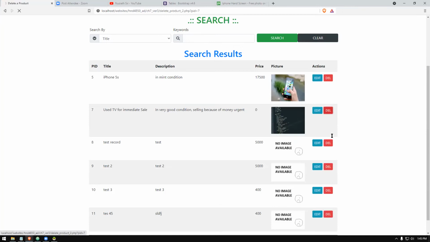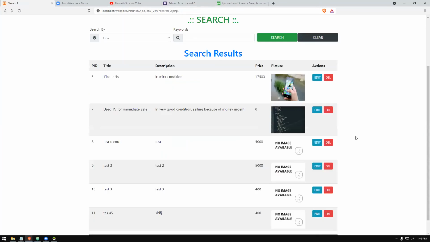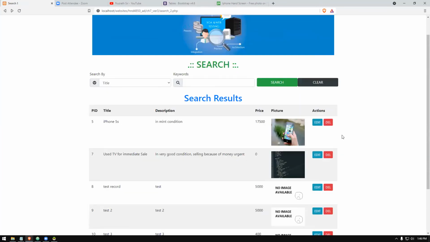If you wish, you can delete also. Simply come to the delete option, click delete, confirm delete, and that file will be deleted. That we learned in the previous video. We have done that. Okay, hope you understand this part. So that is how we build the search routine fully working, how we can link it up. If you don't want to give it as a link here, you can make this one a link, that is also possible. With that, we can conclude this part, which is the search routine part.